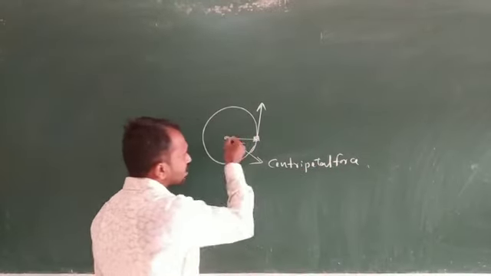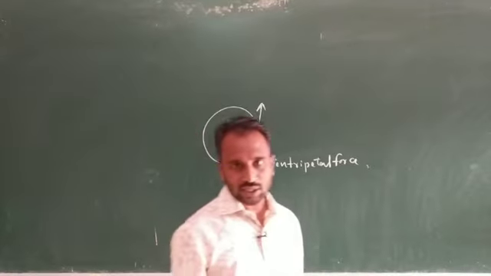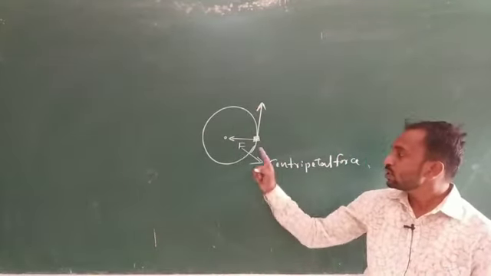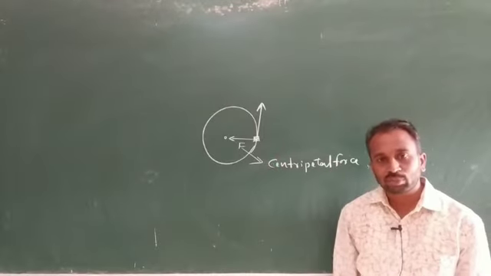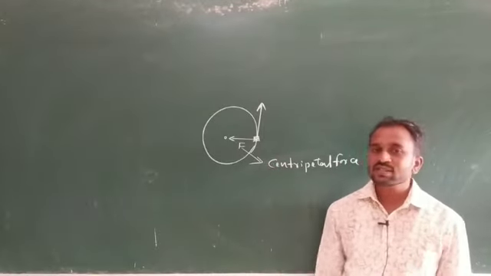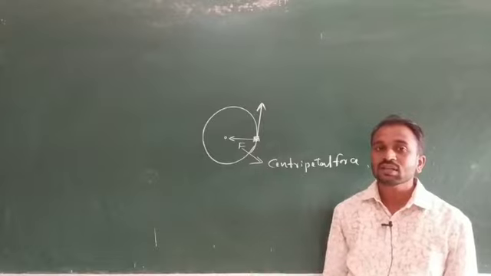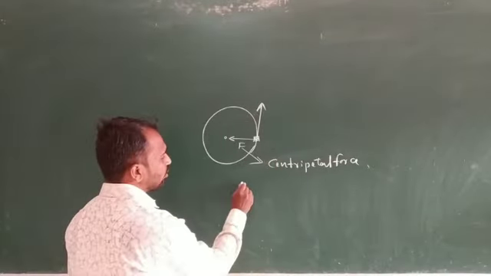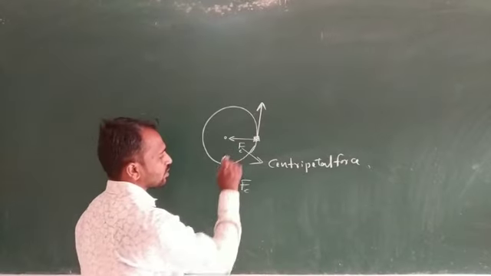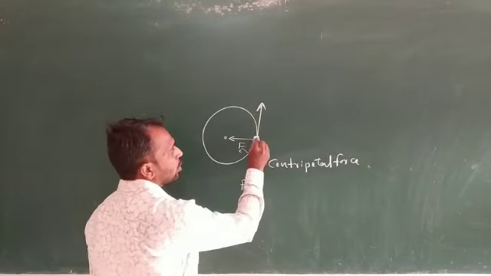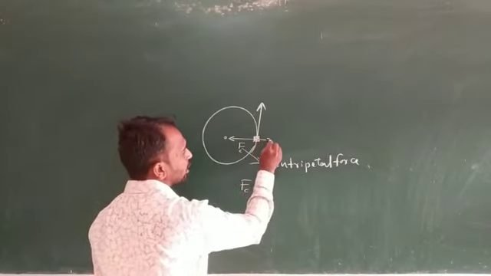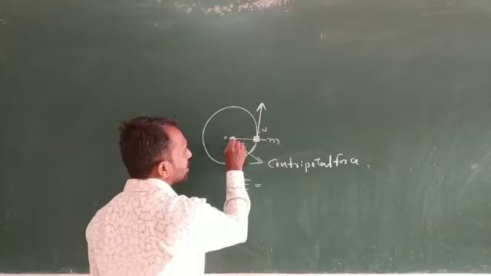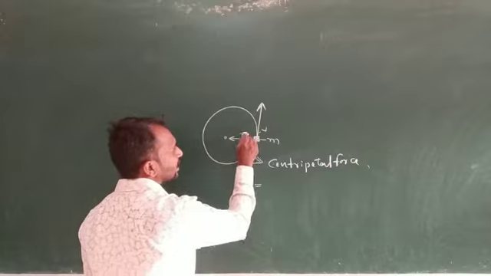force, the force acting towards the center of a circle when the object is in circular motion. The direction of this centripetal force is towards the center of the circle. Centripetal force is Fc. The object has a particular mass m, its velocity is v, and the radius of the circle is r.